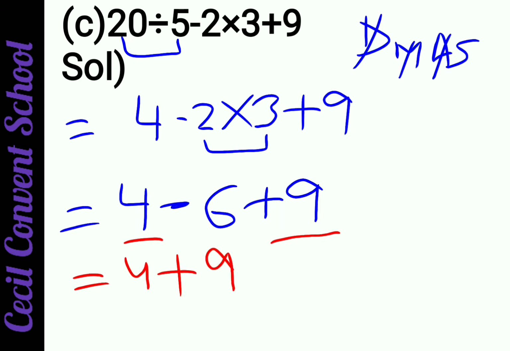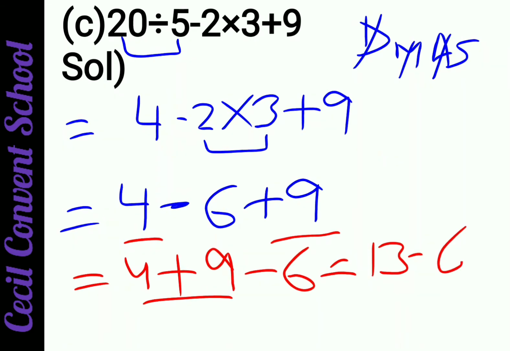You change their position because we will solve according to the order. 4 plus 9 is 13. Clear? So 13 minus 6. When you minus 6 from it, because the last step is minus, 13 minus 6 is 7. So the answer is 7. Clear, students? So the answer comes 7. Clear? In this manner we do all the parts. Now you have to solve like this in your copy only.